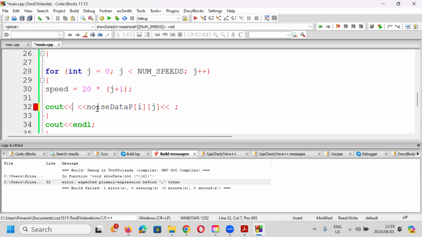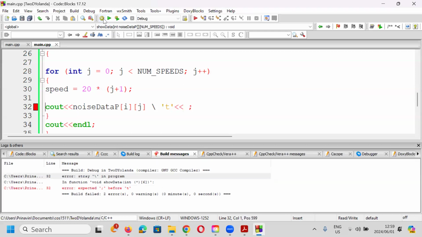Has anybody used the tab key before? \T. Let's see if I put it there. Compile it. Expected